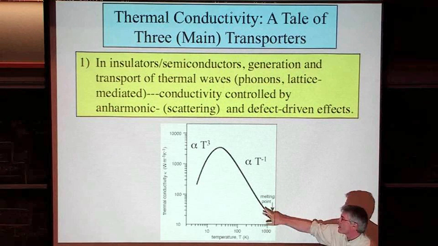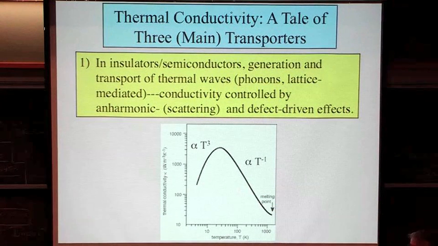Rock would plot about right there at 300K. Okay? So somewhere in there, actually probably over in here. This is a relatively high thermal conductivity material. This is just to illustrate the temperature dependence of the whole thing. So a rock would plot? It would plot somewhere down here, but parallel to this curve.